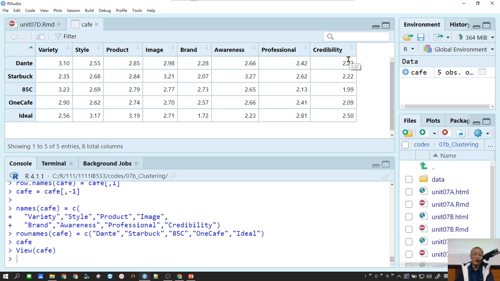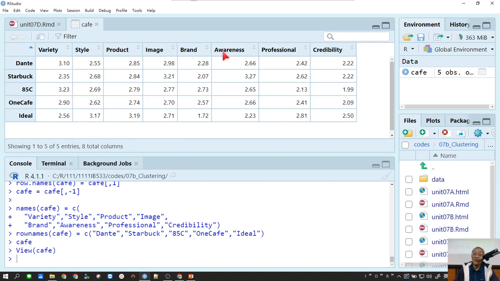So if the customer likes the brand image of Starbucks, then Starbucks will have a higher score. After I collect 500 or maybe 1,000 questionnaires, I do the average